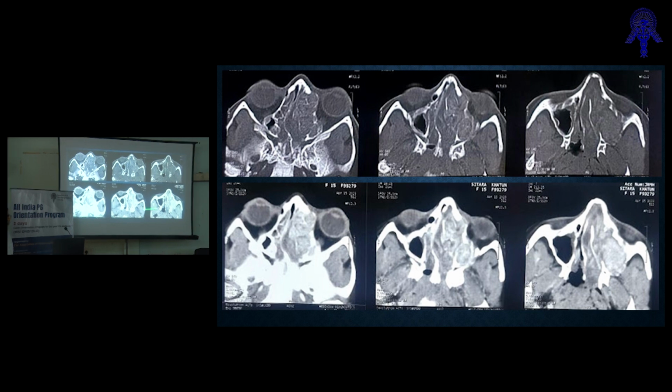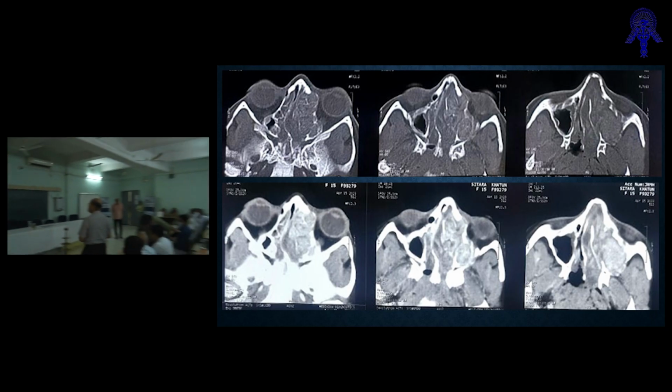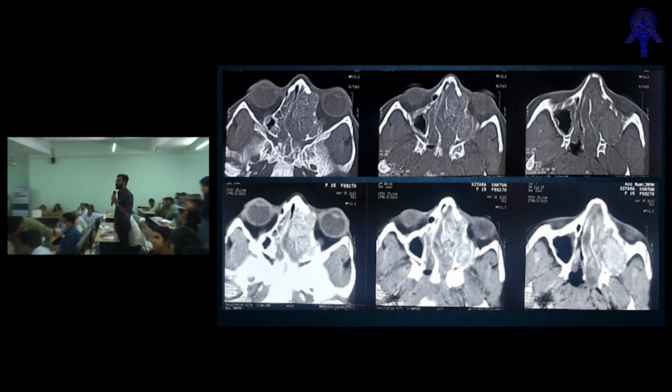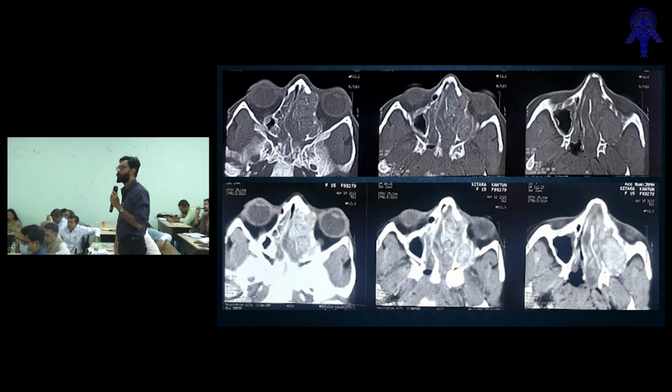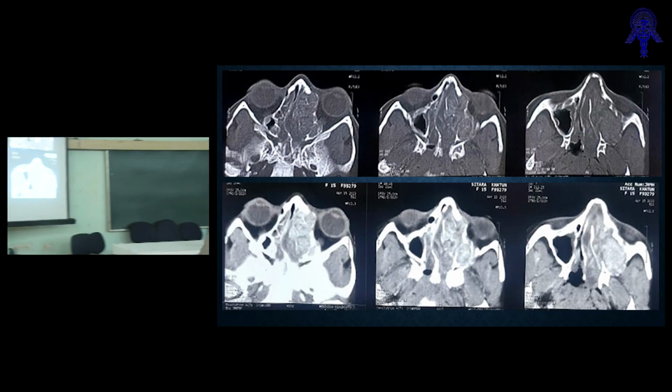The same patient, the same cuts in 2 different windows. This is the axial cut of paranasal sinuses. First 3 pictures are bone window and second 3 pictures are soft tissue window. In the first picture we can see there is lateral deviation of nasal septum, and on the second picture